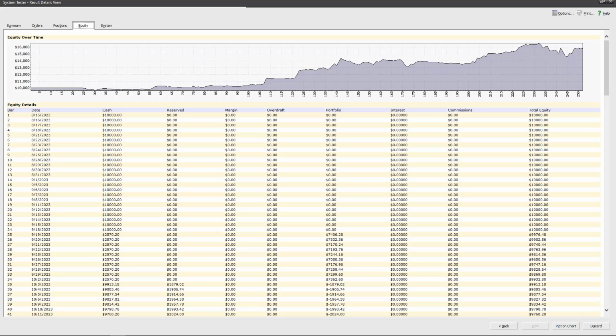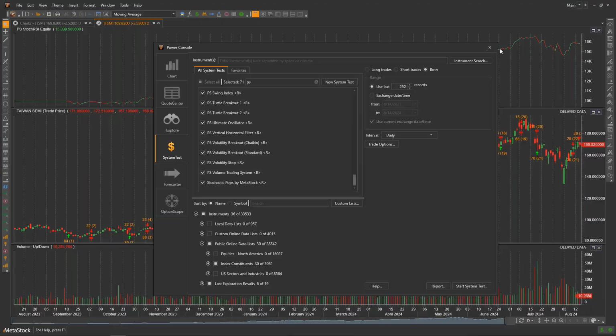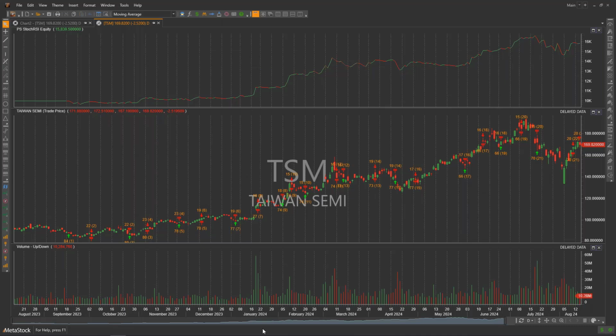But let's see, I'm going to go ahead and plot this on the chart. Let's say that we find something that we like. This is the stochastic RSI system. I know from experience that this was put together by Tushar Chande and Stanley Kroll, just because it's a system that comes up quite a bit. If I put that on the chart here, you'll be able to see that equity line right on top of the TSM chart. And I can see every time that it took a trade. It was pretty active on our view.